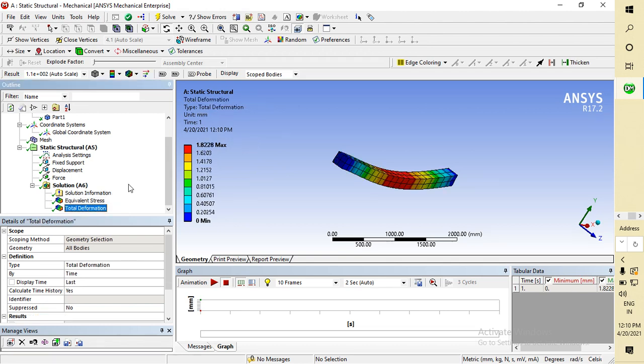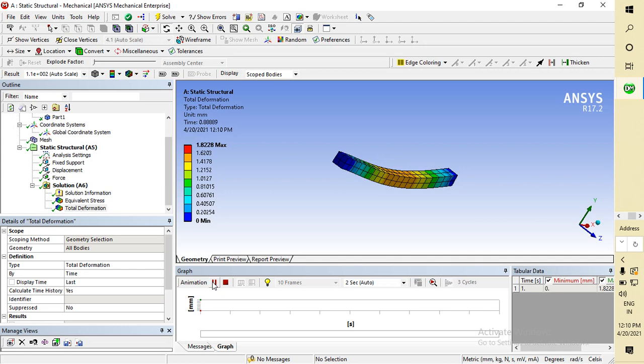If you want to go to deformation, then the maximum deformation, unit is mm, and it will bend up to 1.82 at maximum bending. So if you want to see the animation, then you can go here, the effect of load on it. Now the effect is increasing and it will give the maximum deformation at the mid.